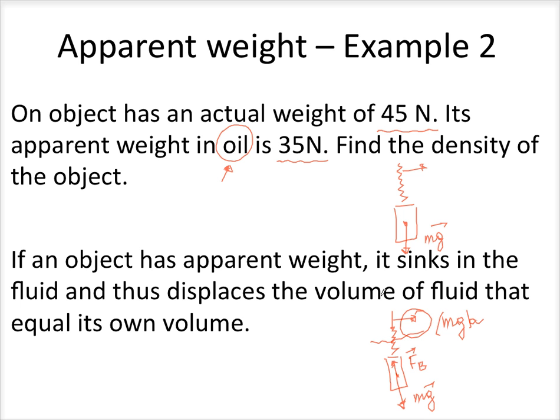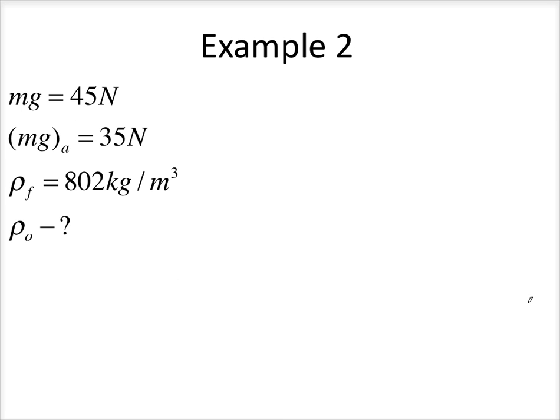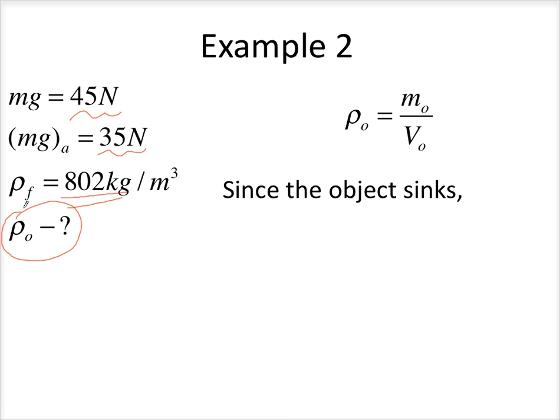So in this case, you have this equal 45 newtons, and that equal 35 newtons. That's the apparent weight. All right, so here's all our data. We have the actual weight of 45 newtons, apparent weight of 35 newtons. This is the density of the fluid, which is oil. Our question is, find the density of the object itself. You know, the formula for density is mass over volume. Since the object sinks,